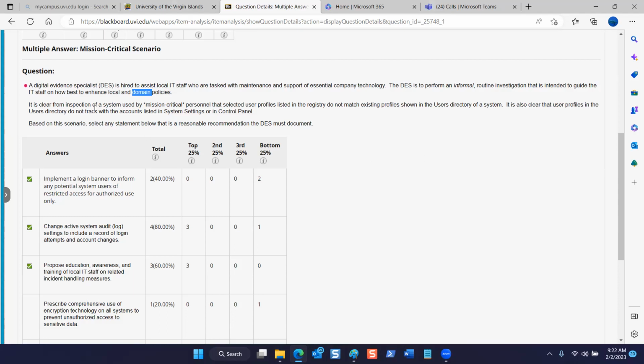It is clear from inspection of a system used by mission critical personnel. So, and that's between two asterisks, you know, that means they're very important people, right? That selected user profiles listed in the registry don't match the existing profiles shown in the user directory of a system. So when we were doing our baseline solution, that was one criteria that you were asked to gauge on